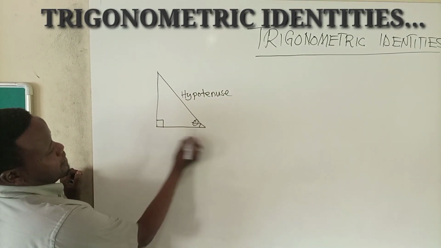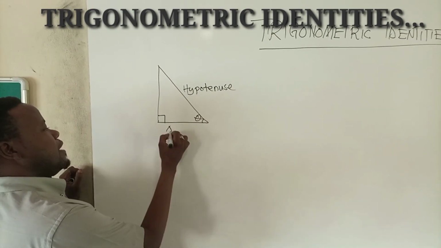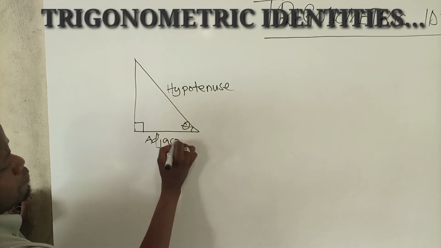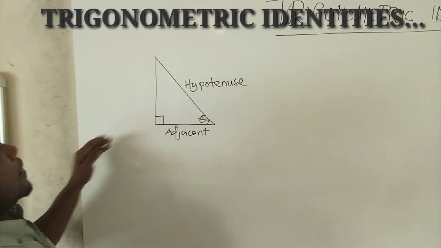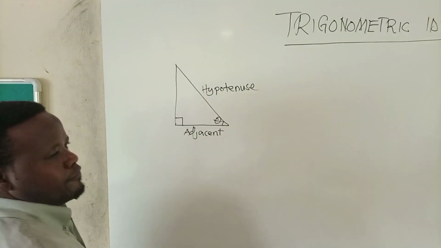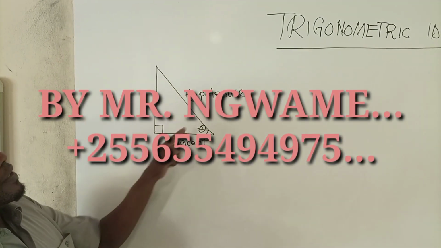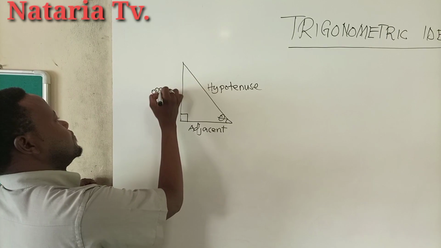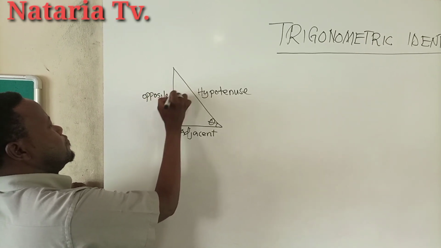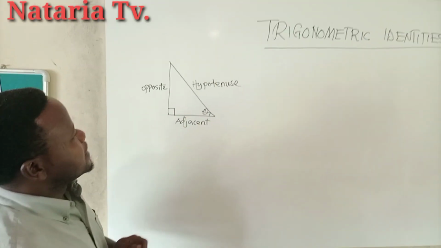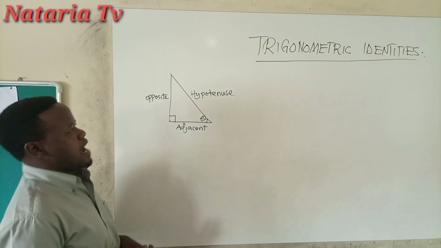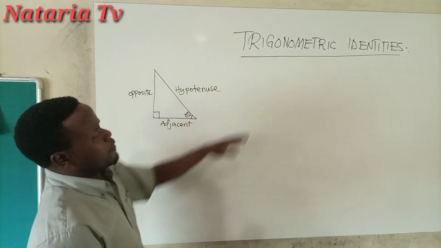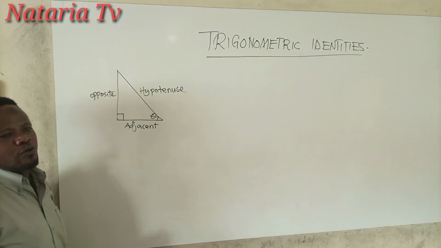And this side here down is the adjacent to this angle. And the vertical side to this angle, we normally call it the opposite side. Now, from this figure, we can derive what we call identities of trigonometry